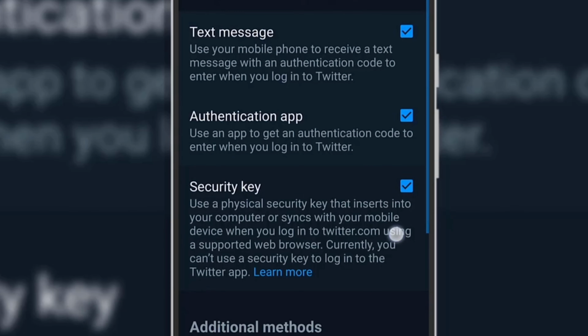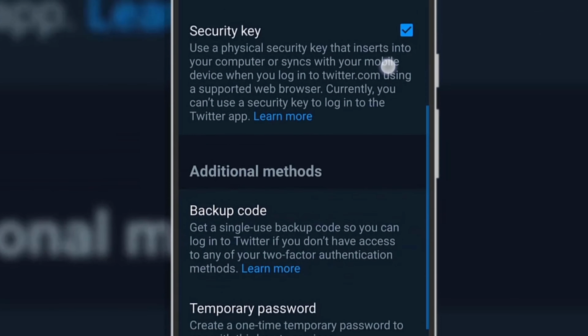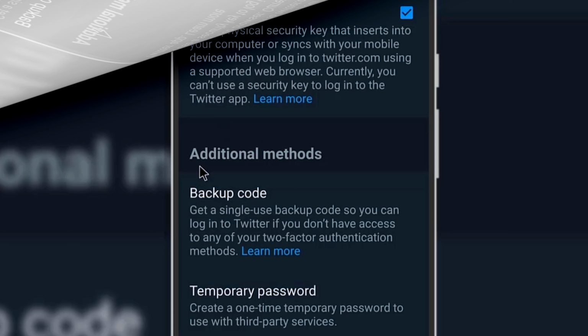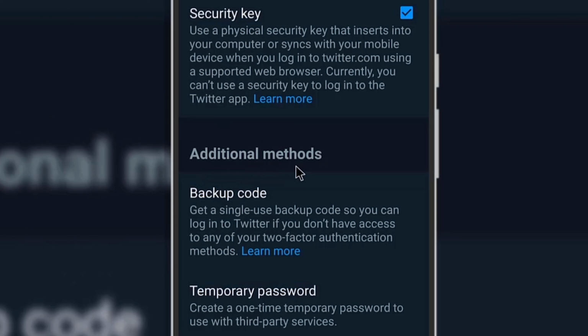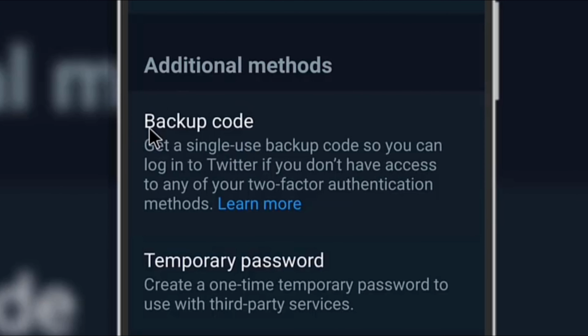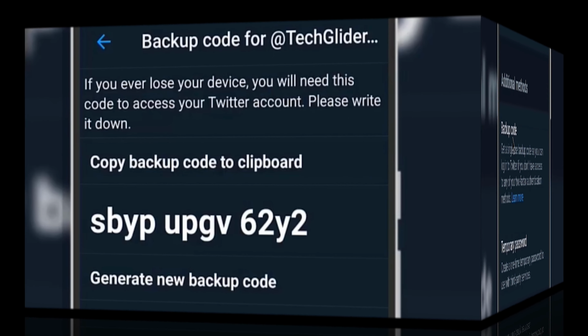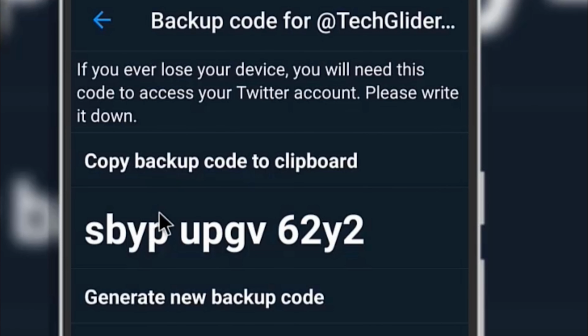In this video, I will show you how to log in to a Twitter account using single-use backup codes, which are also called emergency codes, for two-factor authentication on Twitter. I will be discussing how you can generate new backup codes for Twitter when you have used up the old ones. Use these codes in emergency only and always generate new codes when you have used up the old ones.